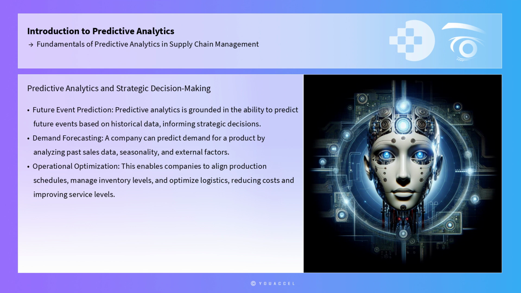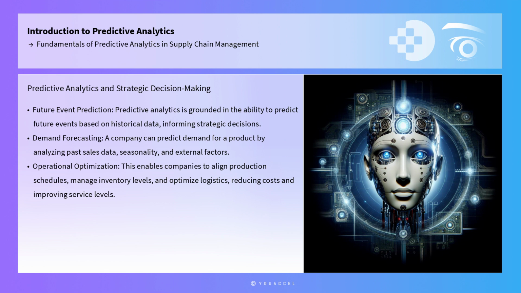Predictive analytics is grounded in the ability to predict future events based on historical data. By applying various statistical models and machine learning algorithms, businesses can identify patterns and trends that inform strategic decisions. For instance, a company can predict demand for a product by analyzing past sales data, seasonality, and external factors such as economic indicators. This enables companies to align production schedules, manage inventory levels, and optimize logistics, ultimately reducing costs and